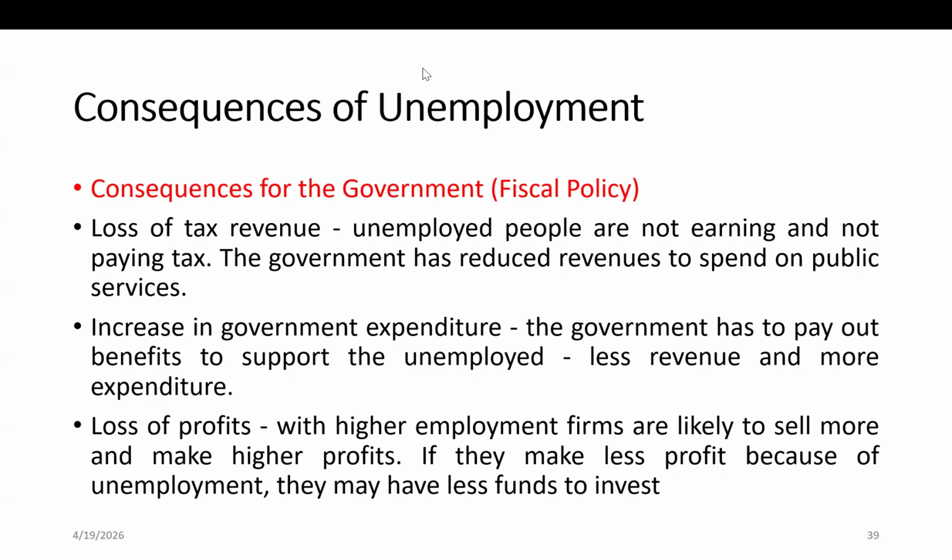loss of profits. With higher employment, firms are likely to sell more and make higher profits. If they make less profit because of the unemployment, they might have less funds to reinvest, right? So if you are not earning at a sufficient rate, you won't have funds to reinvest. Then if those companies do not have funds to reinvest, they won't be able to expand their businesses. So that will ultimately impact the government's income, right? So those are the consequences for the fiscal policy,